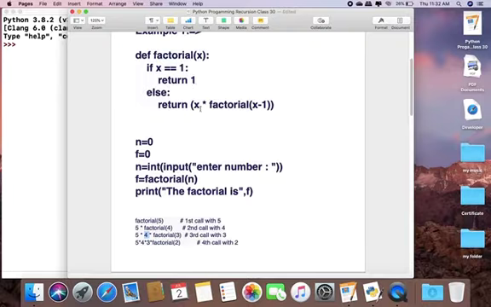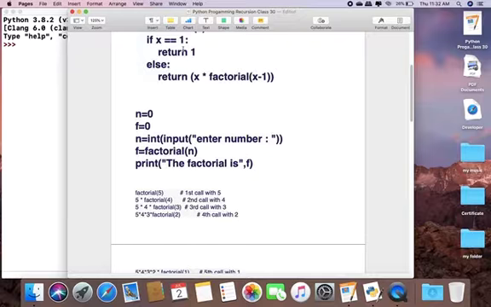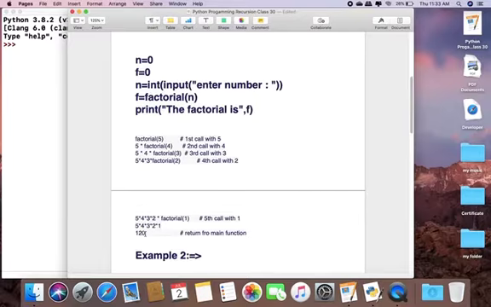Then 5 into 4 into 3 into factorial 2. Again we call this way, and when x equal to 1, it will return 1. There is no more function calling, so the program stops and the final value of factorial 5, equal to 120, is returned to f. So f equal to 120 and we print the output: factorial is f.